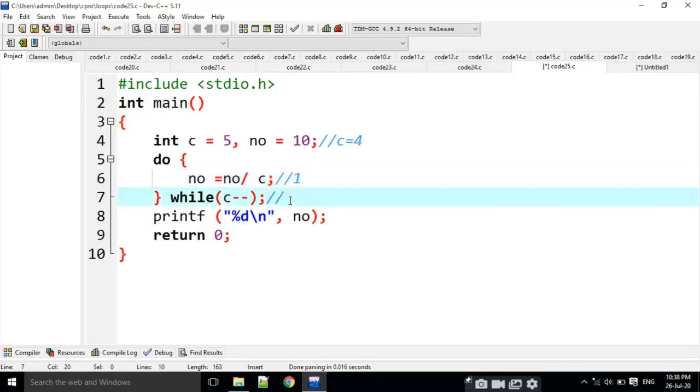What is C value? C value is, while of 4, it is true. Now it is going to be 3 now. 1 by 3. What is NO value? NO value is 0 now. NO value is 0 and while of 3, it is true. Then it becomes 2. 0 by 2.